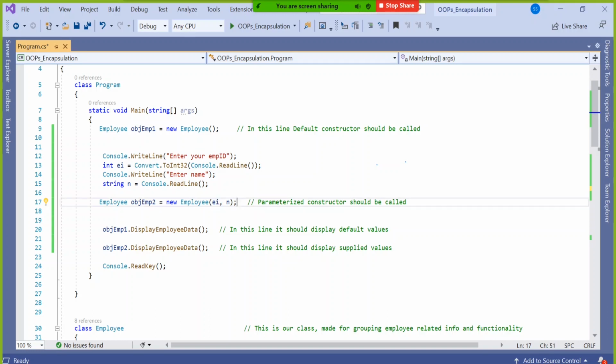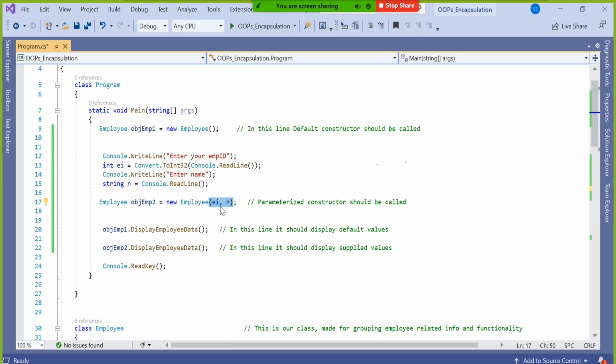And I will tell you, whenever these comma-separated parameters are much more, the application will go slow. So this copy constructor concept we are learning is only for performance improvement.